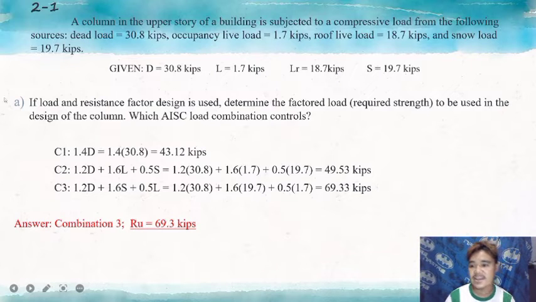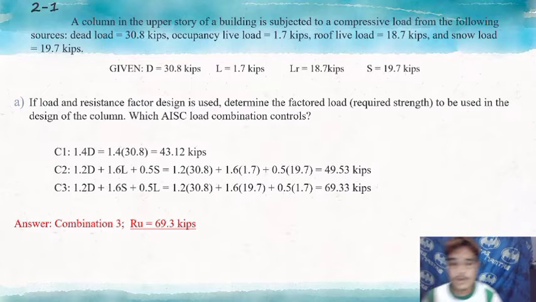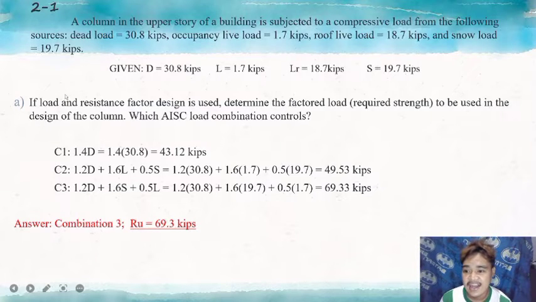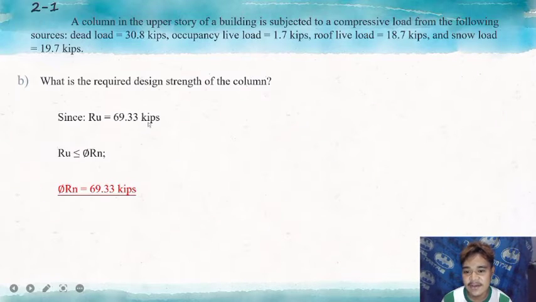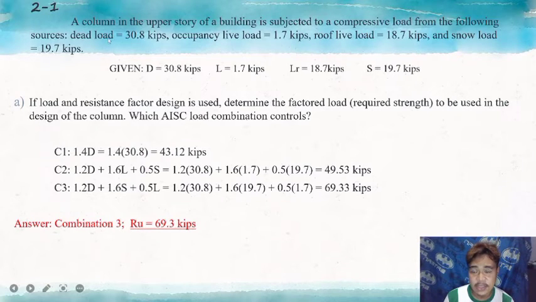Here are our givens. And our first question is, if load and resistance factor design is used, determine the factored load required strength to be used in the design of the column, which AISC load combination controls. So the AISC load combination that we're gonna use is the LRFD load combination, the load and resistance factor design. So our first combination is 1.4D, which is equal to 1.4 times 30.8, which is our dead load,